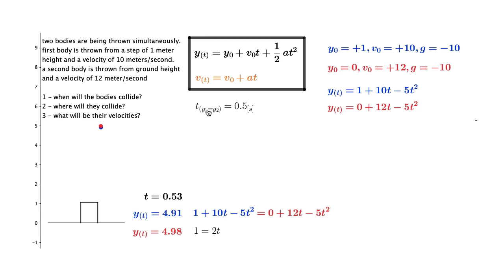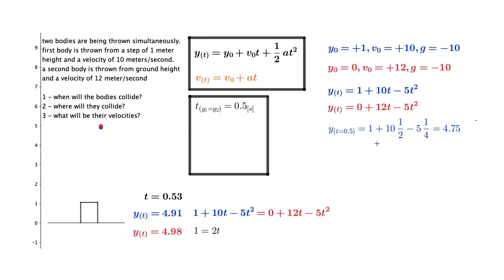So let's start off with the blue equation. We'll plug in t equals 0.5. So let's see, on the left-hand side we have, of course, y at the time t equals 0.5 equals, and then on the right-hand side, we have 1 plus 10 times 1/2 minus 5 times, well, what's 1/2 squared? It's just 1/4. So minus 5 times 1/4. All of that, when you evaluate, gives you 4.75. In other words, the height above the ground, above the reference point, is 4.75 meters above that